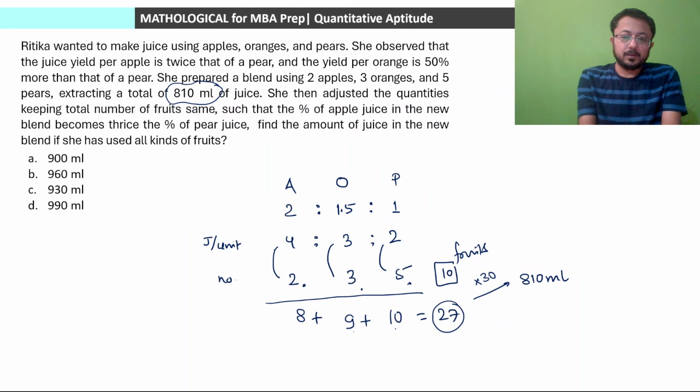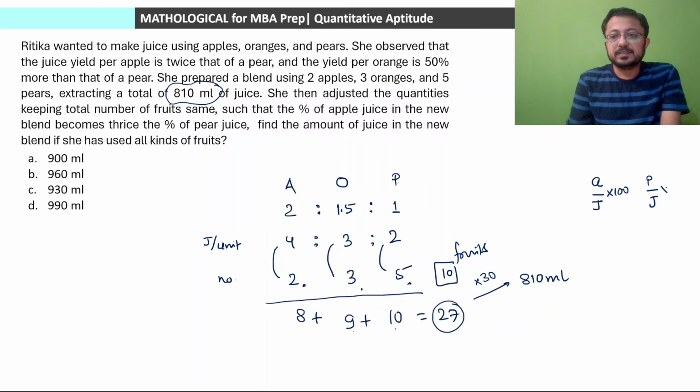Okay, so if let us say apple juice is A units, total juice is J units, so percentage will be A by J into 100. Similarly, if pear juice is P units, total juice is J, P by J into 100 will be percent of pear juice, and given percent of apple juice is 3 times that of pear juice, so this will be equal to 3 times that of this value. देखो J से J कैंसिल आउट होने वाला है, 100 से 100 कैंसिल आउट होगा, यानी कि एप्पल जूस विल बी 3 टाइम्स ऑफ P.